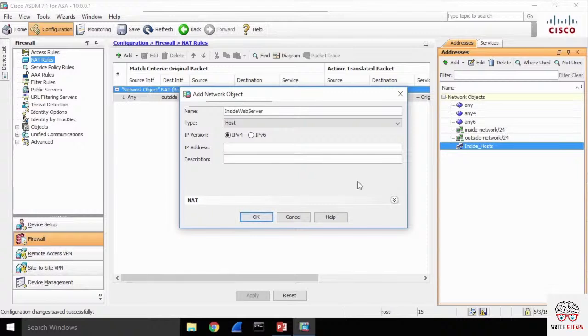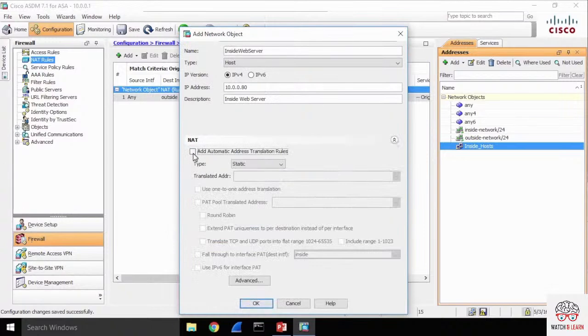It's a single host and its IP address is 10.0.0.80. And I can give it a description here, inside web server. Then what I can do is add my NAT rule just like I did before. And this time I'm going to let it be a static NAT rule. And the address that I translate it to is an address that I'm going to pick on the